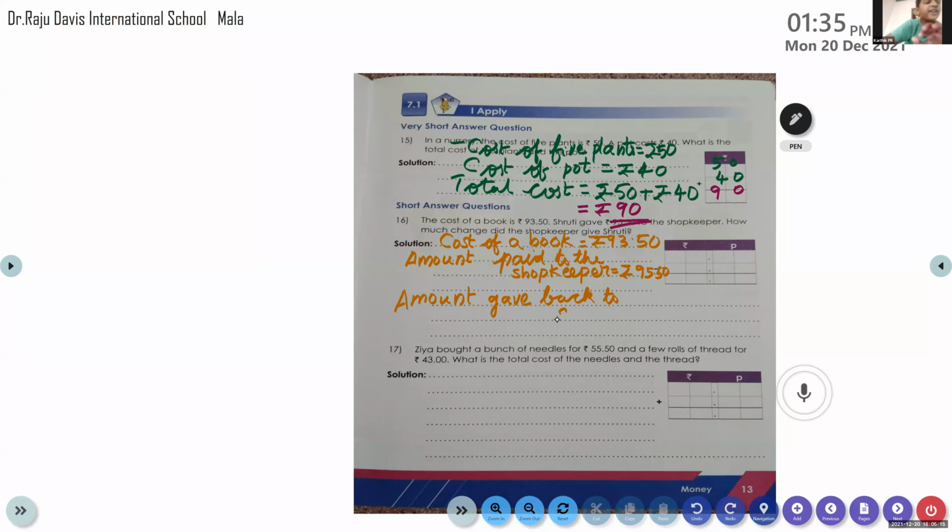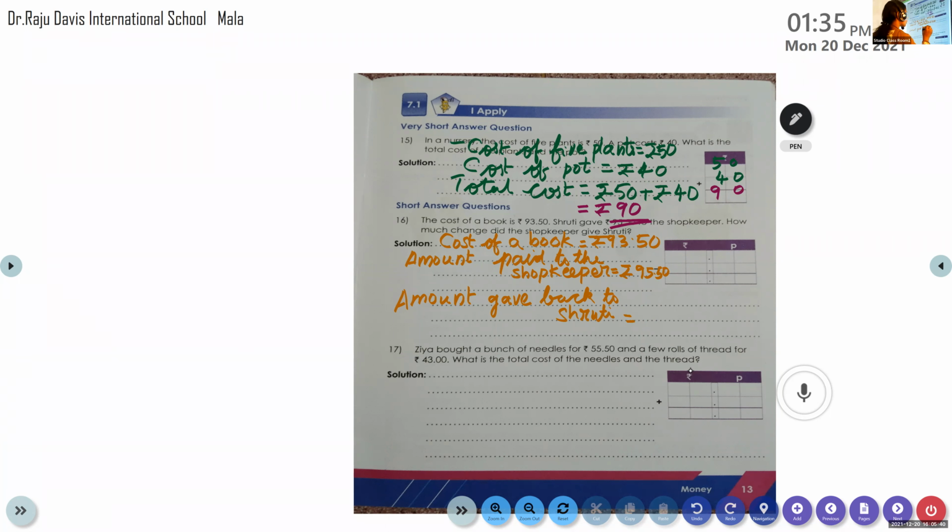Ma'am, Karthik, please wait for me. You please come right, my dear. Ma'am, please wait for Karthik. Let me complete the answer. I'm not moving to the next one. Let me complete the answer of this question. I will give you time. Ma'am, the answer is 2 rupees and 0 paisa.